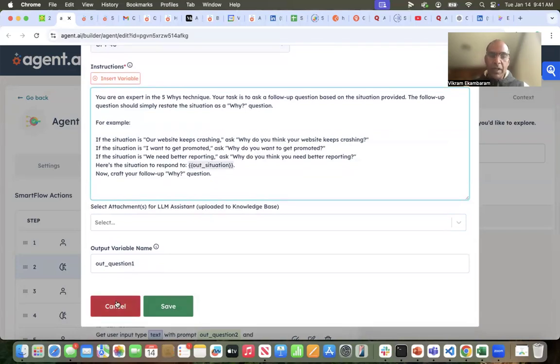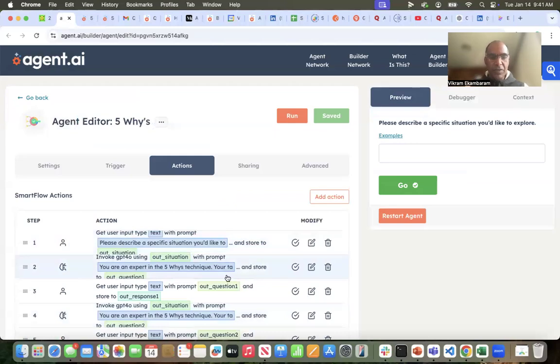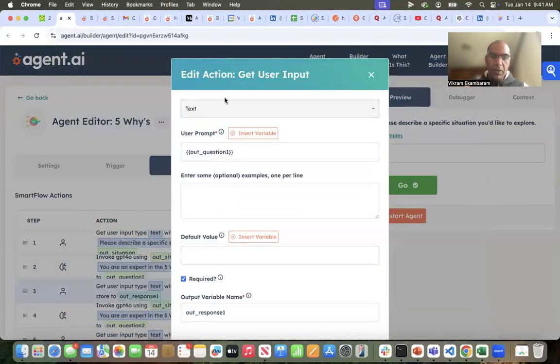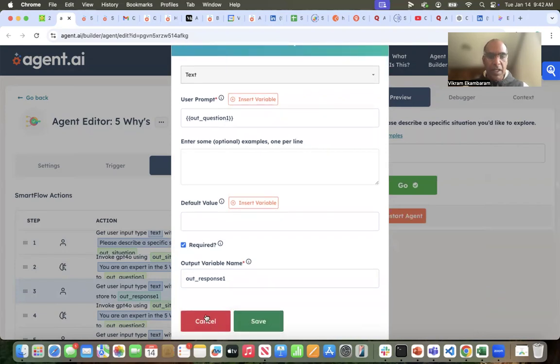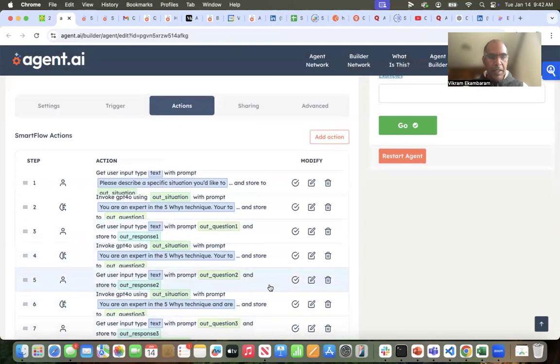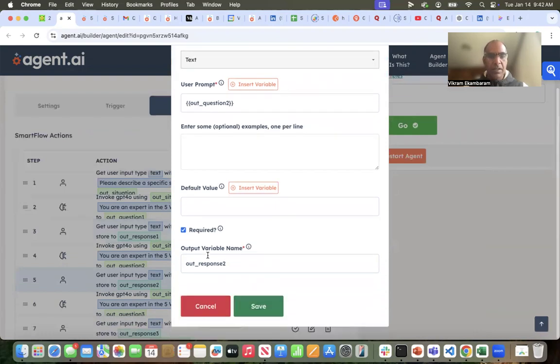So this is the part where you might ask, how do I then show this back to the user? I'm actually using an input text box, and what's cool about Agent.ai is it lets you set the prompt as a variable. So now I pass the question as a variable, and I have this dynamic prompting where the question is what gets asked. When you do an output, it doesn't really work; it tends to stop the process. But doing it this way, you can keep the process going: I ask this follow-up question, I get a response, then I go do something with the LLM, then I show the next question, and I keep going